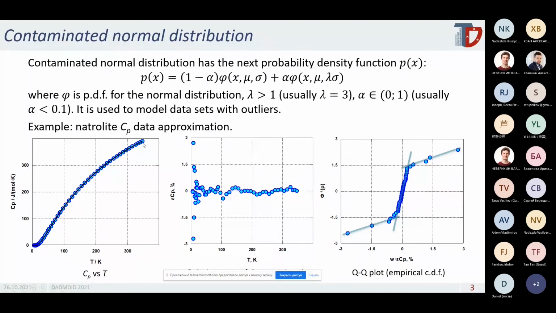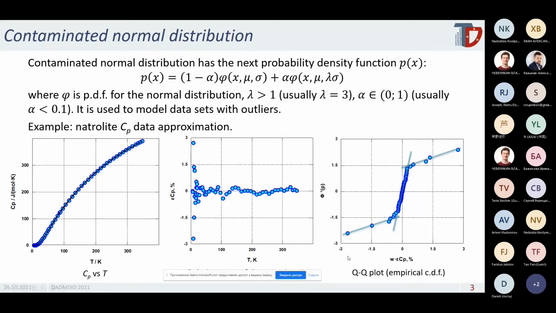On the heat capacity with temperature plot, everything looks okay. But when we build a scatter plot for relative deviations, we can definitely see the contamination. Low temperature data with higher uncertainty, and some points have much higher uncertainty. There is also